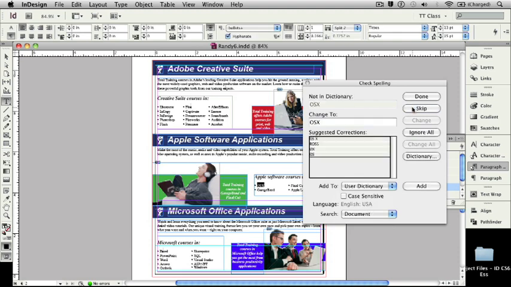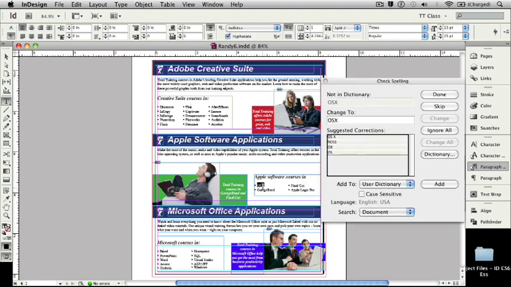Let's get started. And the first thing it finds is OSX because I had my cursor in this text box. If you didn't have anything selected, your spell check may have brought up something from the first page. OSX. That's highlighted right over here. Now that's a perfectly acceptable spelling for working with OSX. We could use this as the other option, or if we prefer, just go OSX and add that to the dictionary. Or in this case, we're going to skip it